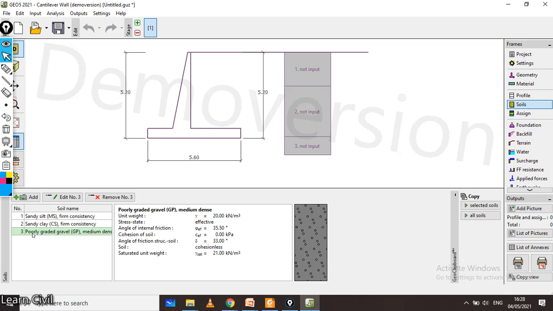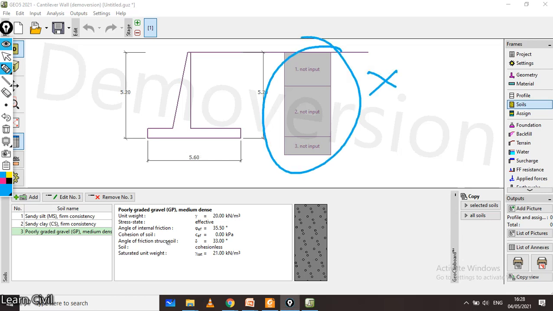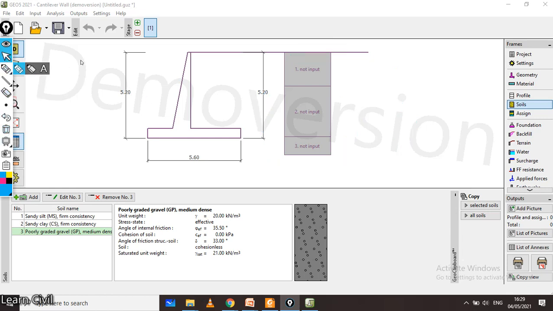Now you have to assign all this soil mass. You can see here we have just generated the profile, but we have not assigned the soil mass. This height was 2.04, and this height I think it was 3.06 or something, up to this height. So next step will be we have to assign. For assigning these soil masses, go to this step, that is assign. So click on assign,